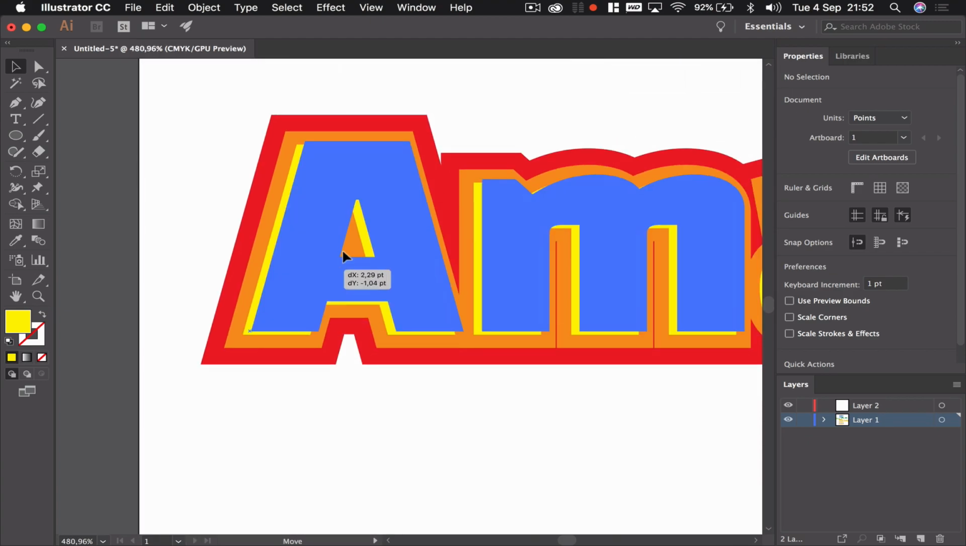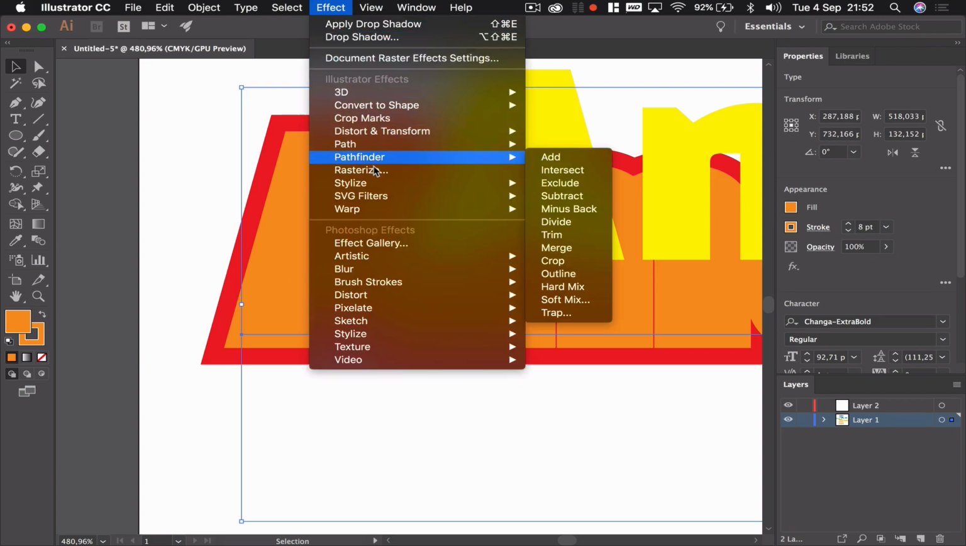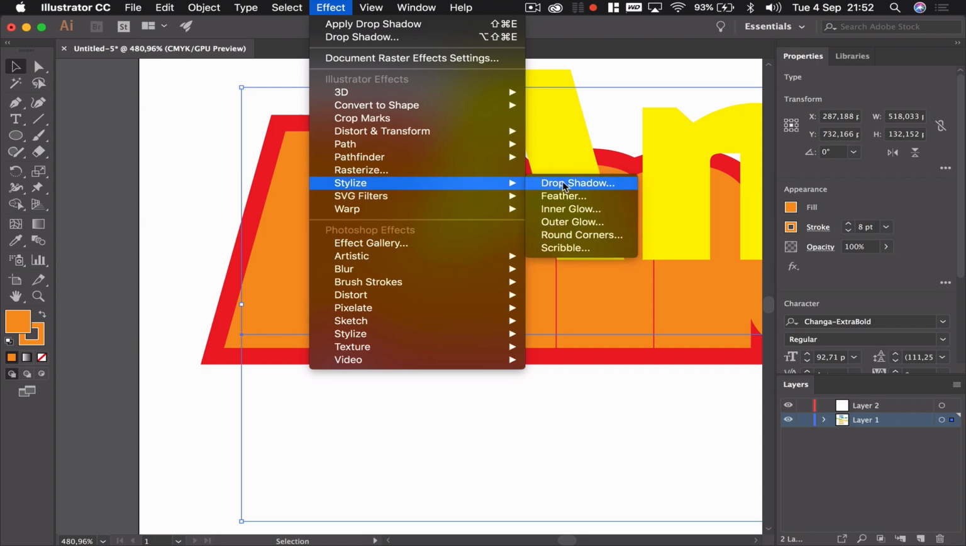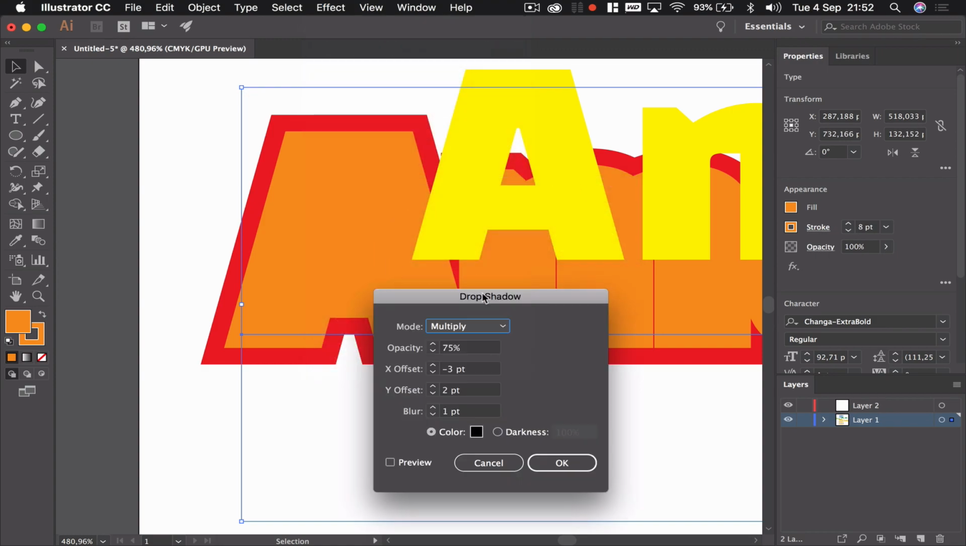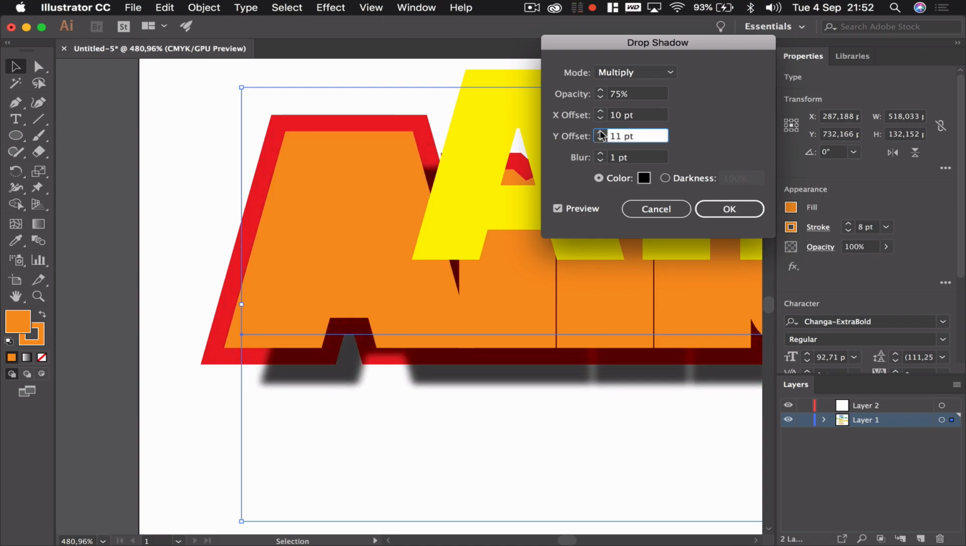I'm going to move the yellow out of the way for a second and click on the orange. I'm going to go to Effect, Stylize, and go to a drop shadow. A little window is going to come up here like this, and I'm going to click on this little preview so that I can see what the shadow looks like before I have to press OK. And you can see I've messed around with the settings, and I'll just mess these up so that you can see what happens. So for example, when you open it, your shadow might look something like this, which is kind